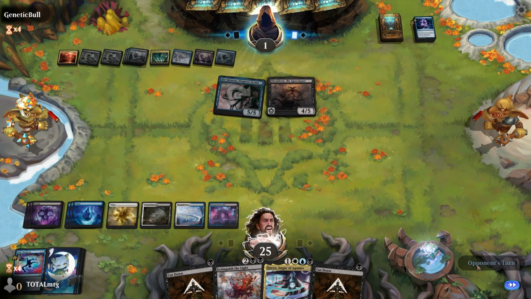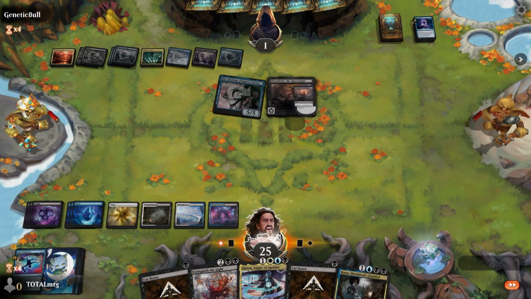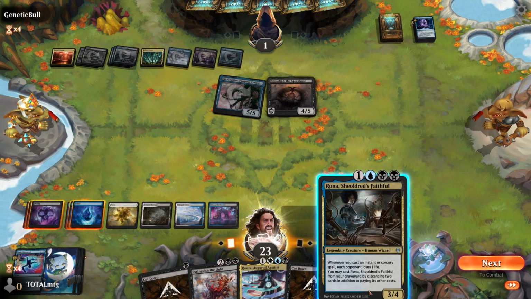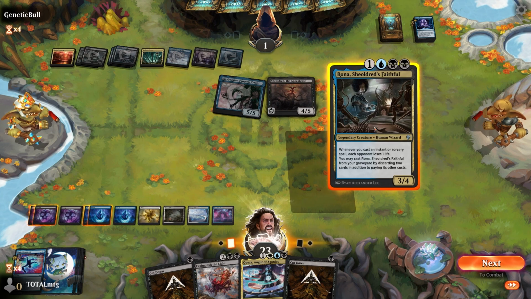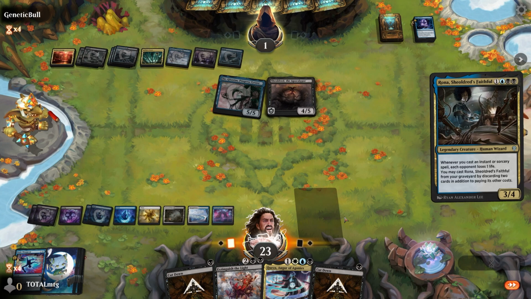So what do we draw? What do we draw? Okay, Rona. Lose 2 life. Not really what we wanted. Oh, but it's just a cast. It is just a cast. So let's try and get, if we get this in...